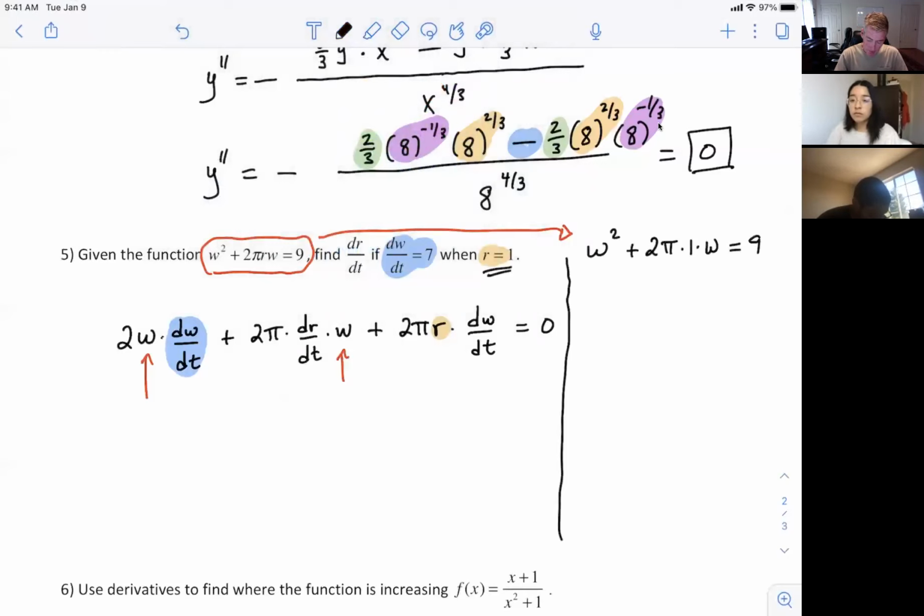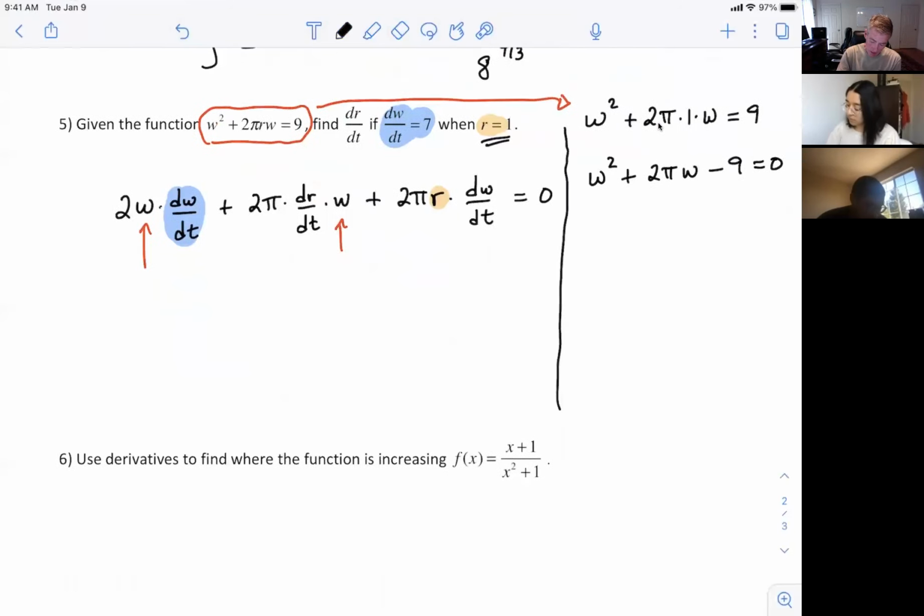Then it's got a w squared and also a w and also a constant. So that means we're going to need to use the quadratic formula. So first, subtract 9 from both sides and set it equal to 0. And then do the quadratic formula. So that's going to be, the b term is the 2 pi, so negative 2 pi plus or minus the square root,